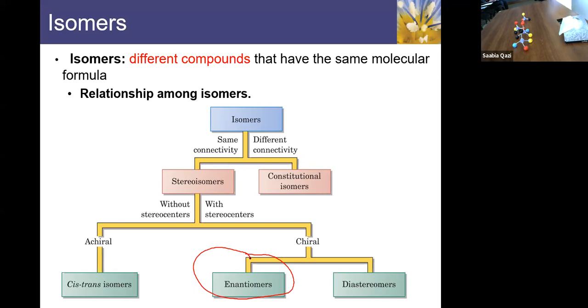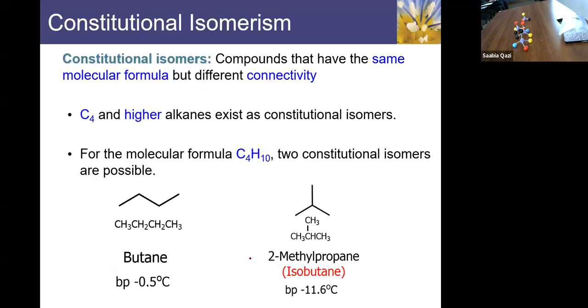So isomers are of two types, the stereoisomers and the constitutional isomers, okay? We'll first talk about the constitutional isomers. If we talk about constitutional isomers, okay, they can have,